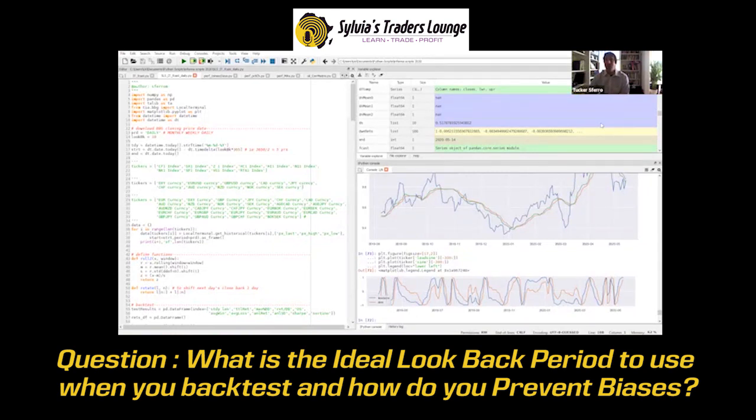However, one good thing to be aware of when you're testing, and I didn't really get into it, but there's all sorts of different things that you can do in terms of avoiding a pitfall. What you want to look at is what is termed parameter sensitivity. And so you don't want a system that looks great when you have a moving average of 53, but looks terrible at 54 or 52.